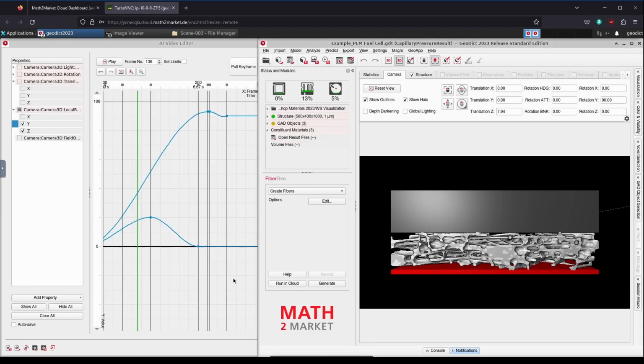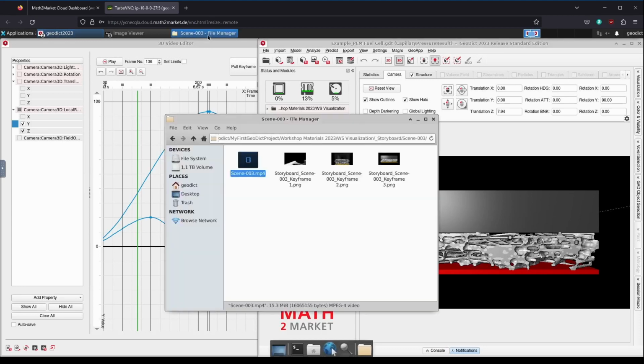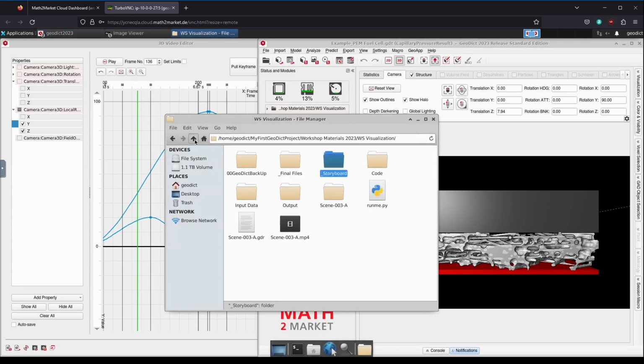However, we can solve the problem of manual rendering thanks to Python. In the workshop data there is a runme.py. Due to the need to be able to create videos more efficiently and clearly, we have developed a small Python framework for video rendering. This framework looks for the GPS save files of the video editor, renders them one after the other, and finally cuts them together as a single video. The important thing here is that the order of the scenes in which they need to be rendered is specified by the name. The script looks for the files in the code folder.